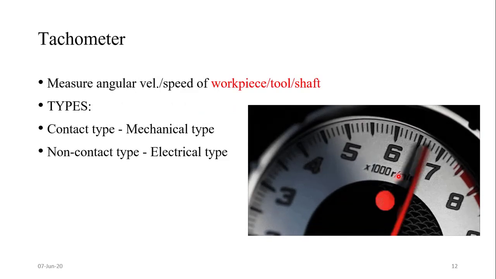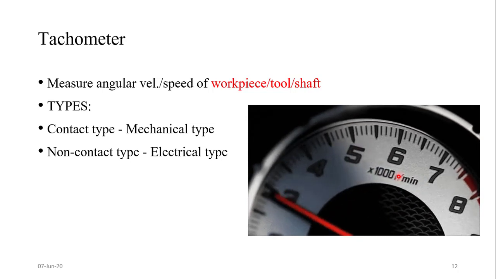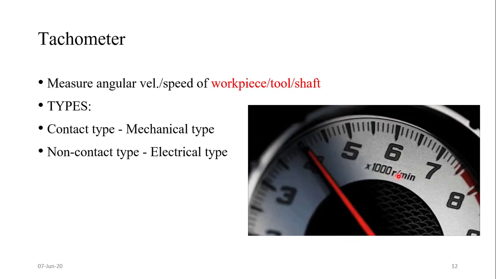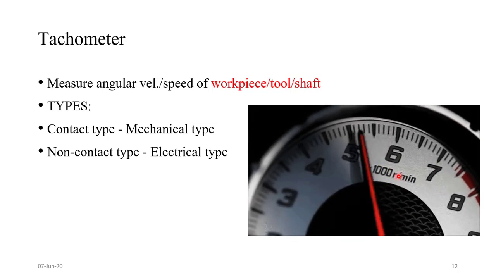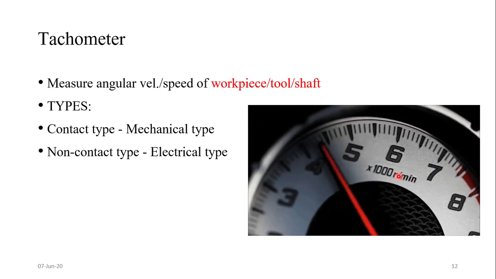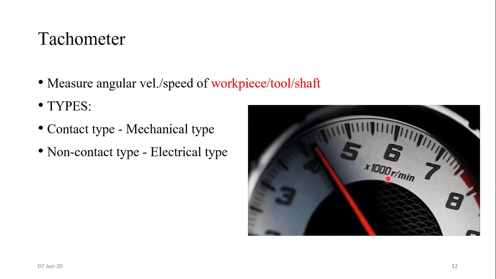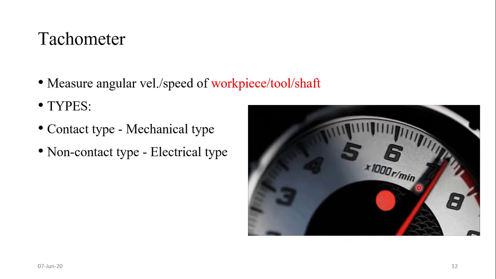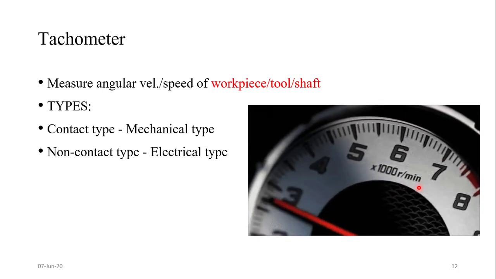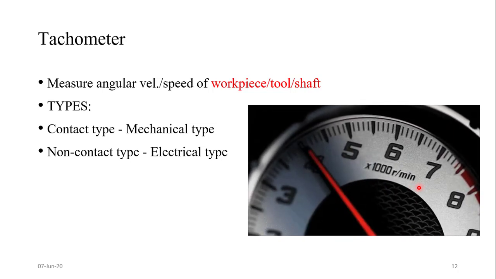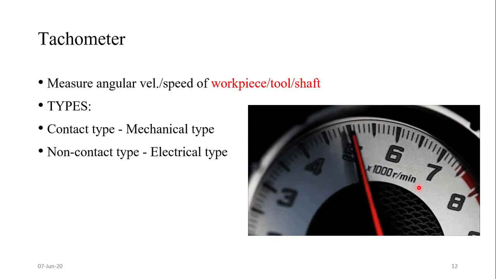Okay. Then the next is the tachometer. You might have seen this thing in your bike also, in high profile bikes like Pulsar 150, 180, 220. There is an RPM meter, in which you can see, in this case, it's 1000. R stands for revolutions per minute. So the tachometer is just measuring your RPMs. Clear? We already know this kind of device, which is used in workshops and labs.